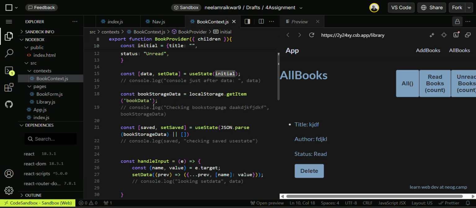and I have book storage data. So I'm getting this book storage data from local storage. So localStorage.getItem is a method to get the books.